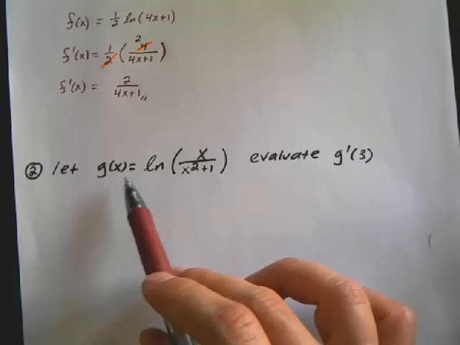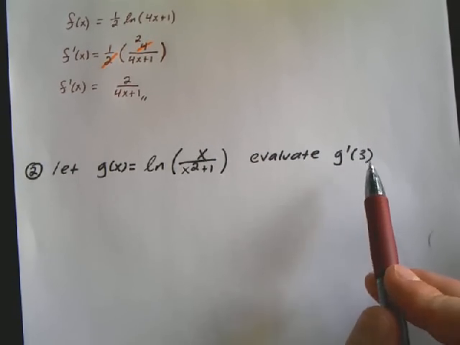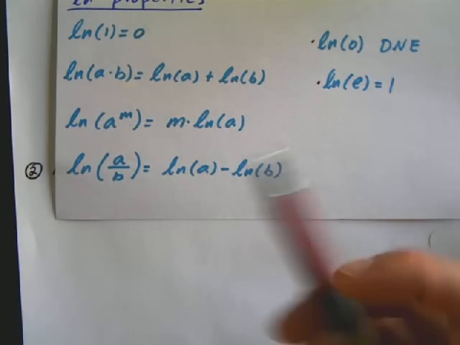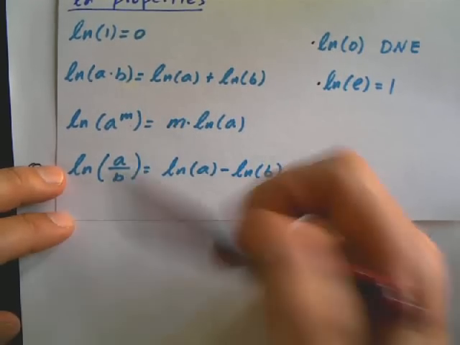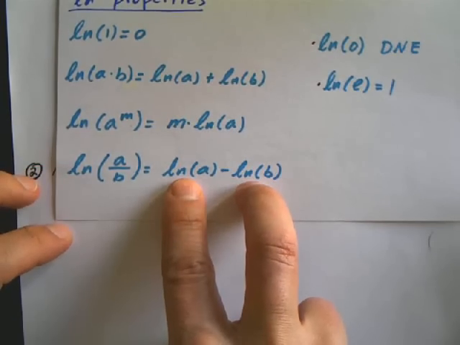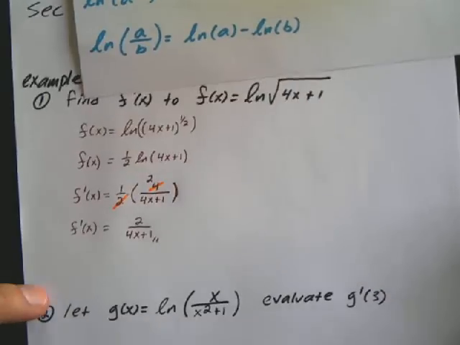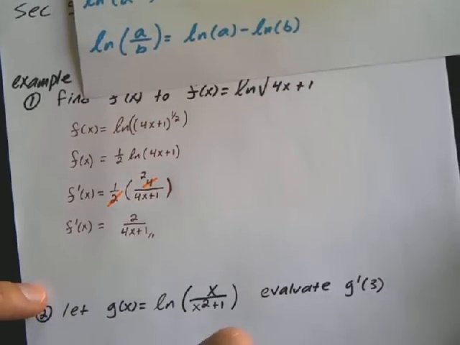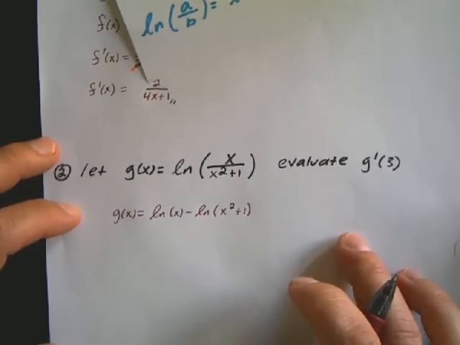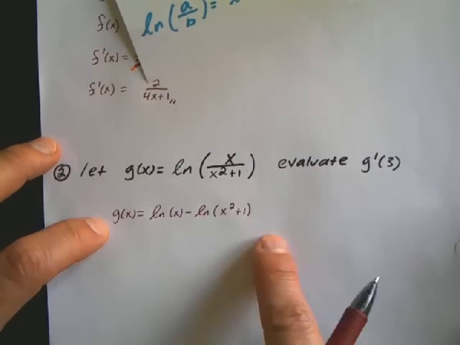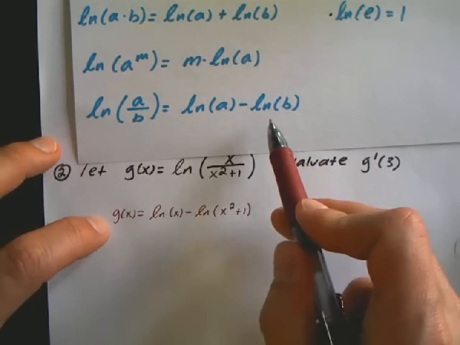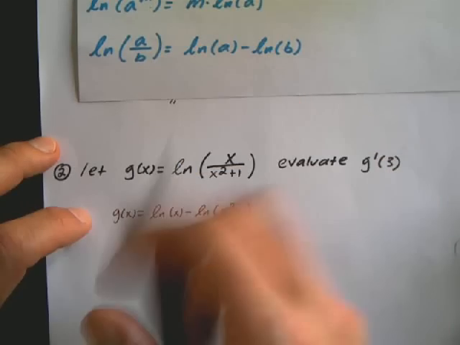Going over the next example. Now I have g of x is equal to this, and I want to evaluate the derivative at 3. So again, using these logarithm properties to simplify things, if I'm dividing something inside a logarithm, I can subtract their individual logarithms. So I have g of x as ln of x minus ln of x squared plus 1. Alright, so this is not taking a derivative, this is just using this property to simplify things before I take a derivative. So now g prime